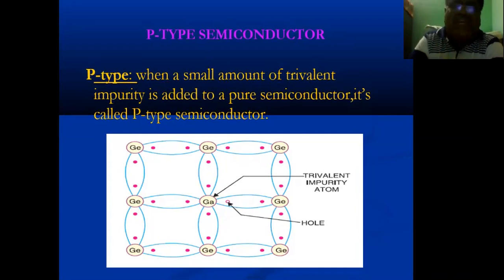So not only in second year, even third year, fourth year and final year, MTech or PhD, the definition does not change. What is a p-type semiconductor? When trivalent impurities are added to a pure semiconductor, it becomes a p-type semiconductor. That's all. What is an n-type semiconductor? When pentavalent impurities are added to a pure semiconductor, it becomes an n-type semiconductor. Please remember the definitions: pentavalent impurities, trivalent impurities.